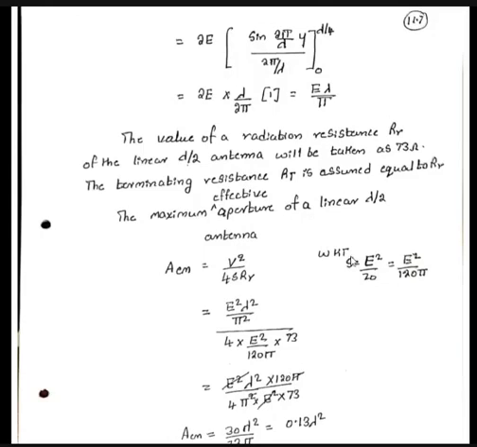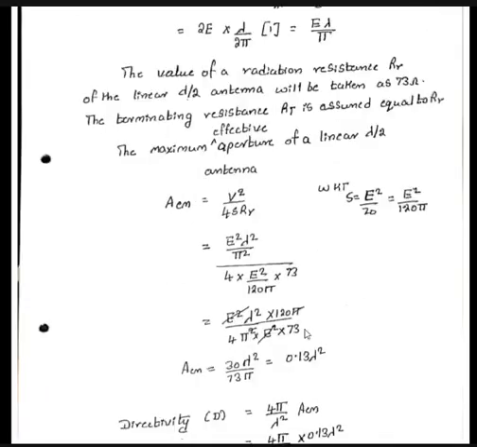You know again the power density. Power density is equal to E square divided by Z naught. If we consider the medium as free space, then we can consider Z naught equal to 120 pi. If we substitute all the values, the voltage induced, the radiation resistance and the power density, we get this equation. That is, the maximum effective aperture is equal to 0.13 lambda square.